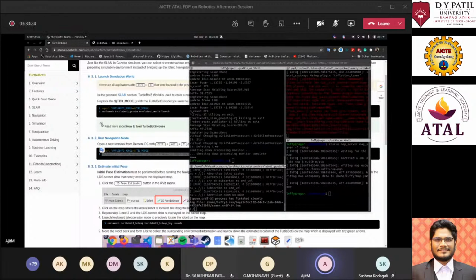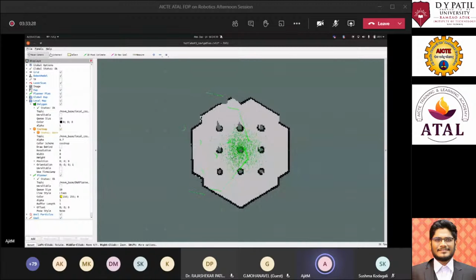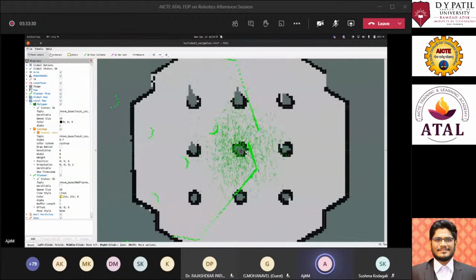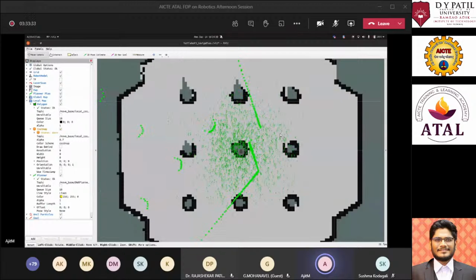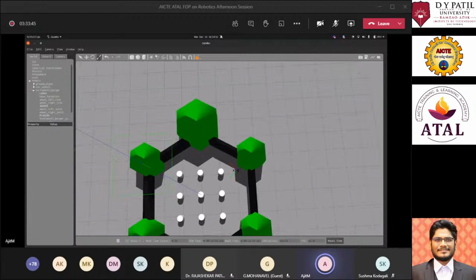Okay, so now you can see it has taken the previously generated map, and it is using particle filters, which is basically localization, adaptive Monte Carlo localization, and it has created some kind of hypothesis that it is around here. But if we go back into the Gazebo simulation, you can see the robot is somewhere around here, not there.